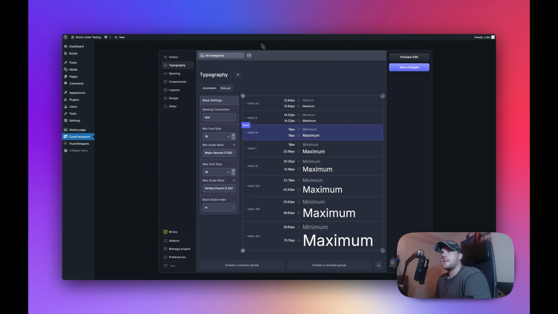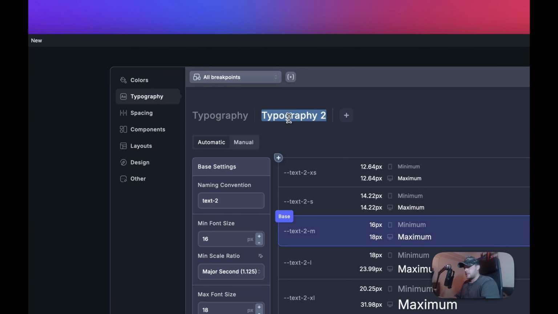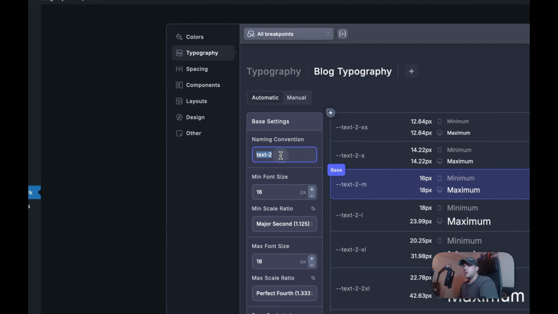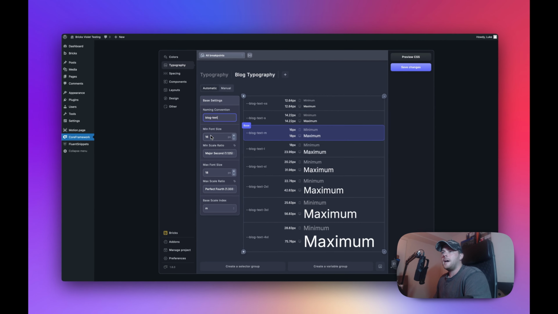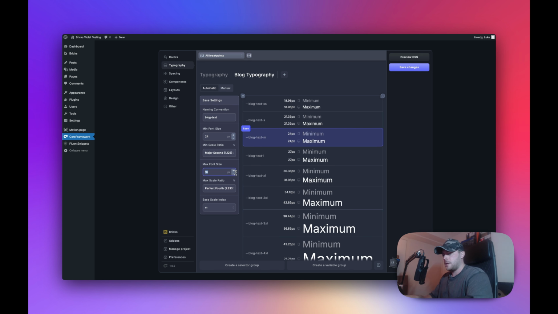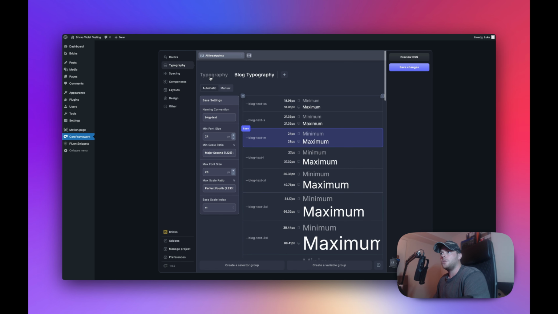So let's imagine, for example, that on my blog pages, I don't want to use this scale for text. I want to create a different scale where everything is just slightly bigger. So I'm going to create a new scale. I'm going to call this scale blog typography. The naming convention, I will just change this to blog text. And I'm just going to increase the minimum font size and max. So instead of 16, let's go up to 24 and 28. So if I flick between these two tabs now, you'll notice that everything is bigger in blog typography,